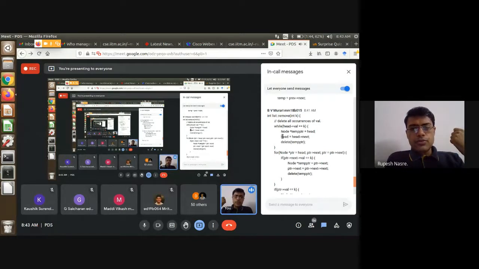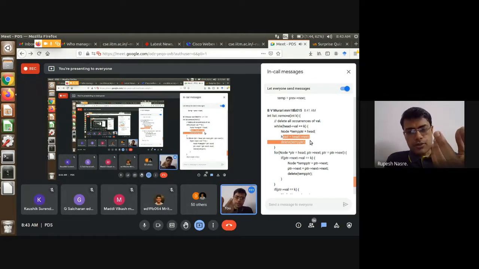So imagine that these two statements, head equal to head->next and delete temp ptr, are reversed. So delete temp ptr is going to remove the memory that was allocated, and therefore it is not guaranteed that whatever head is pointing to is a valid memory location, right? And therefore you might not be able to get the correct execution of head equal to head->next. This is also called a dangling pointer. You might as well get it, if you are lucky. So therefore this ordering that Murari has given is important.